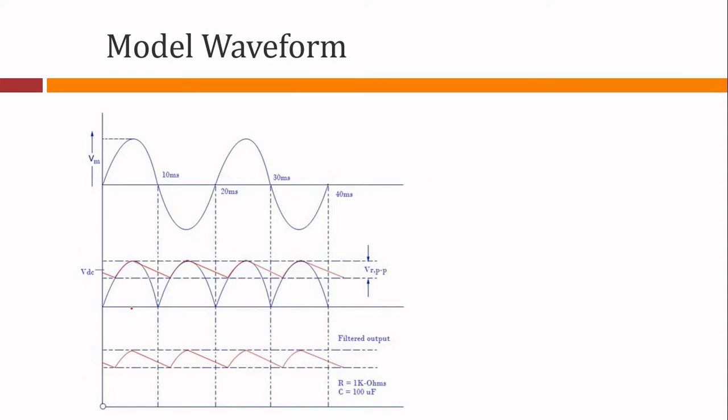So here is the signal from the input. If I don't connect the capacitor, fine, I'm going to get this as the output across the load resistor, which is shown in blue color. The moment I connect the capacitor, this is what I'm going to get, okay. This is referred to as ripple voltage, denoted as V_r, and here this is the value of V_DC.